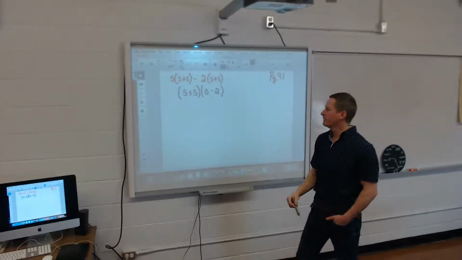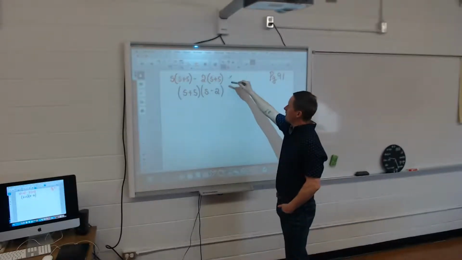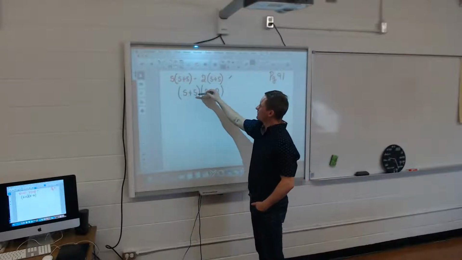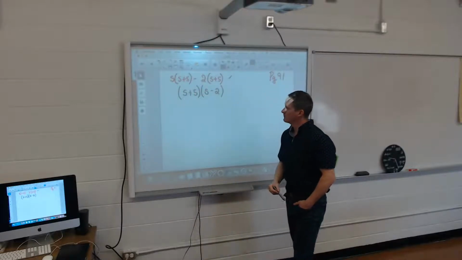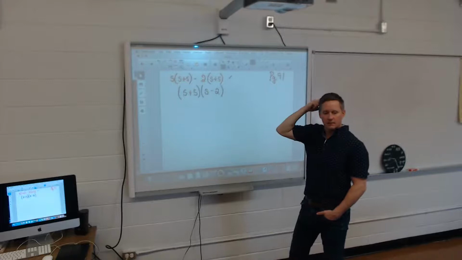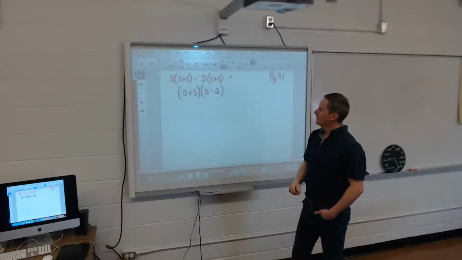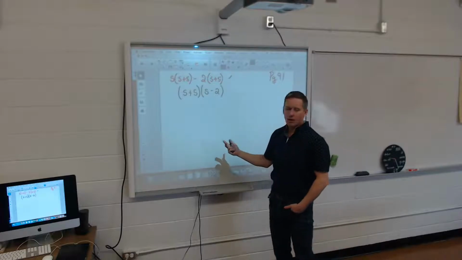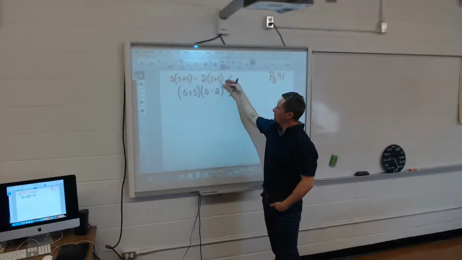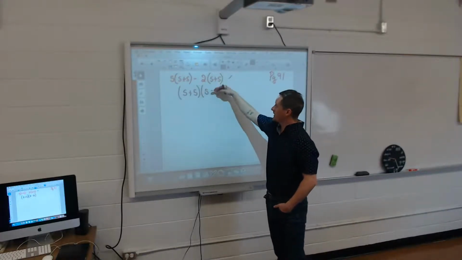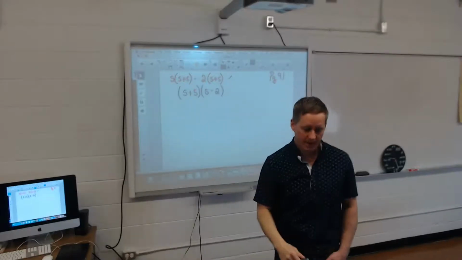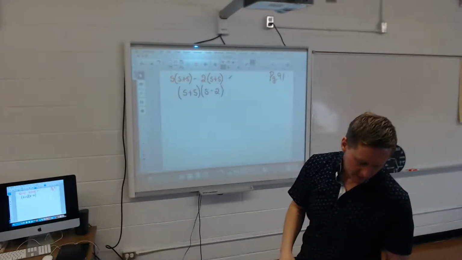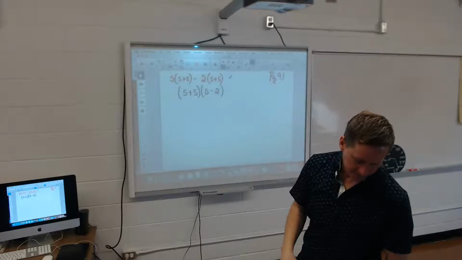Now I have completely factored this expression right here, and I've got S plus 5 times S minus 2. Okay? So I'm going to do one more, and then I am going to show you how this and this are exactly the same by working back. All right, so the next one I'm going to do is